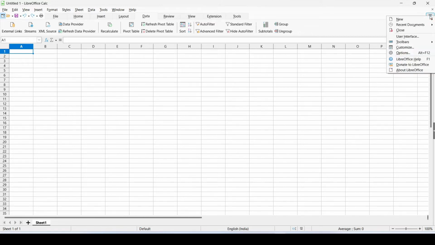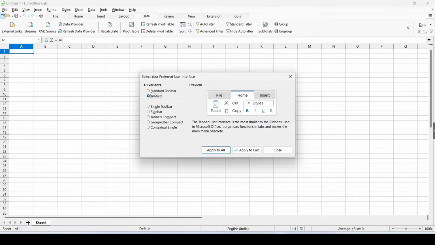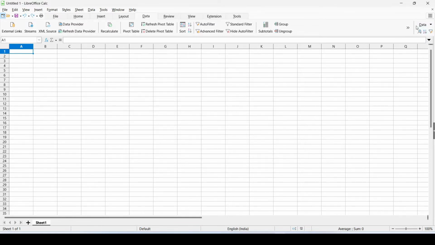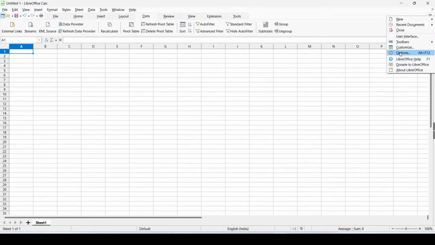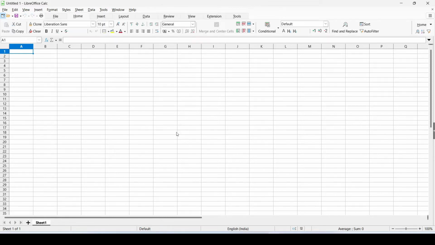On the right hand side, you will also see a hamburger icon on the ribbon. So when you click on it, you have access to the user interface option, the option that we chose from View. And you can always revert to the standard toolbar option if you wanted to, or try some of these. So this option is available from this hamburger menu. And you can also access settings for LibreOffice Calc and LibreOffice from here. So we are now all set to explore LibreOffice Calc. So this is the opening screen of